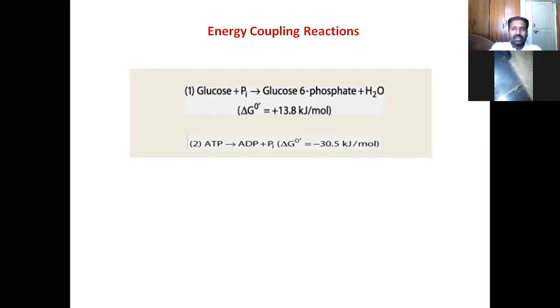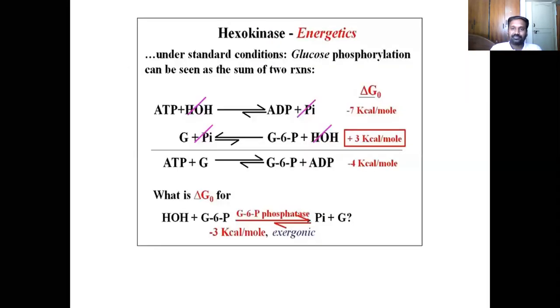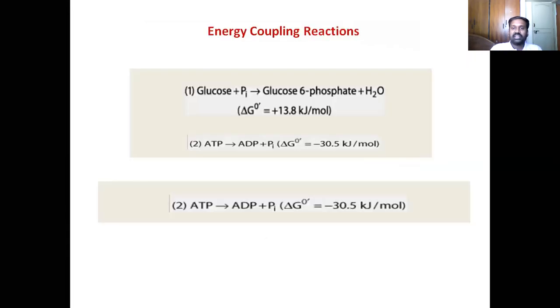So now you have an exergonic reaction in one hand and an endergonic reaction in another hand. And you must do this endergonic reaction for survival. So club them, mix them. What do we mean by this clubbing, mixing? That is what coupling means. And an example of coupling is this. Look at this. ATP hydrolyzed, a high energy compound, gives minus 7 kilocalories per mole. In the previous slide, it was minus 30.5 kilojoules per mole.